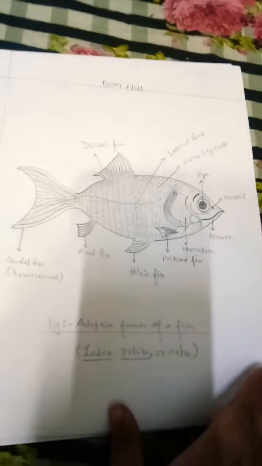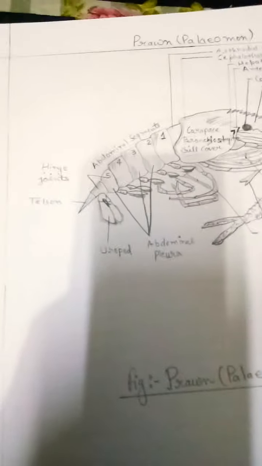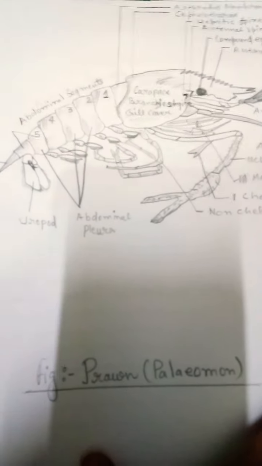Here is experiment number 9A. Now I am going a little bit fast so you can see this, because many pages are there and I have made this only in one day. I have put a lot of hard work into my bio practical project. This is 9B. See, this is fish. You want to eat? See this. This is prawn. So difficult figure.